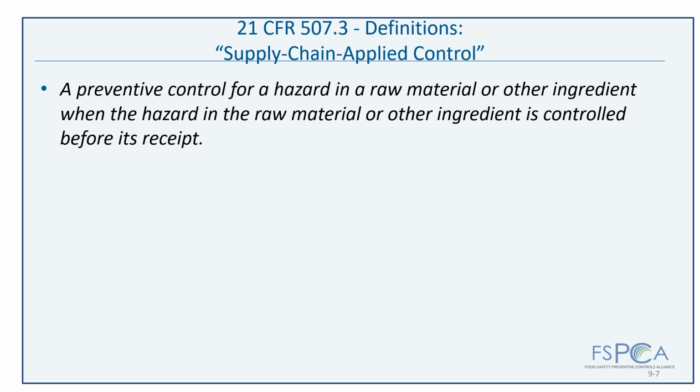So before it ever gets to their door, the supplier has controlled that hazard for them and it's not coming into the facility. I think oftentimes we're going to see this used in conjunction with some of the other types of preventive controls. So in addition to having a supply chain applied control, you're also going to have a process control or a sanitation control. That's not to say you have to do it that way, but I think that's going to be a common